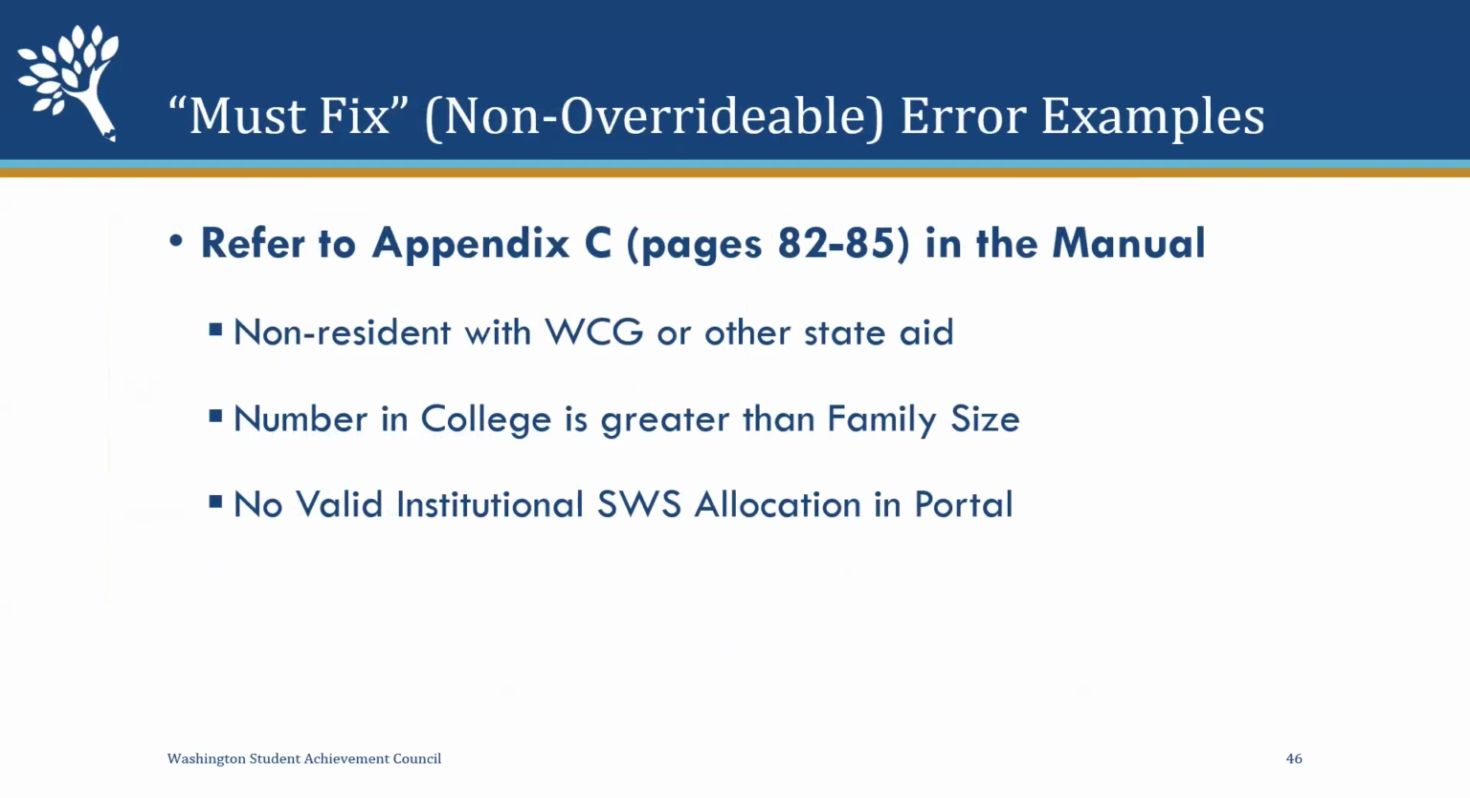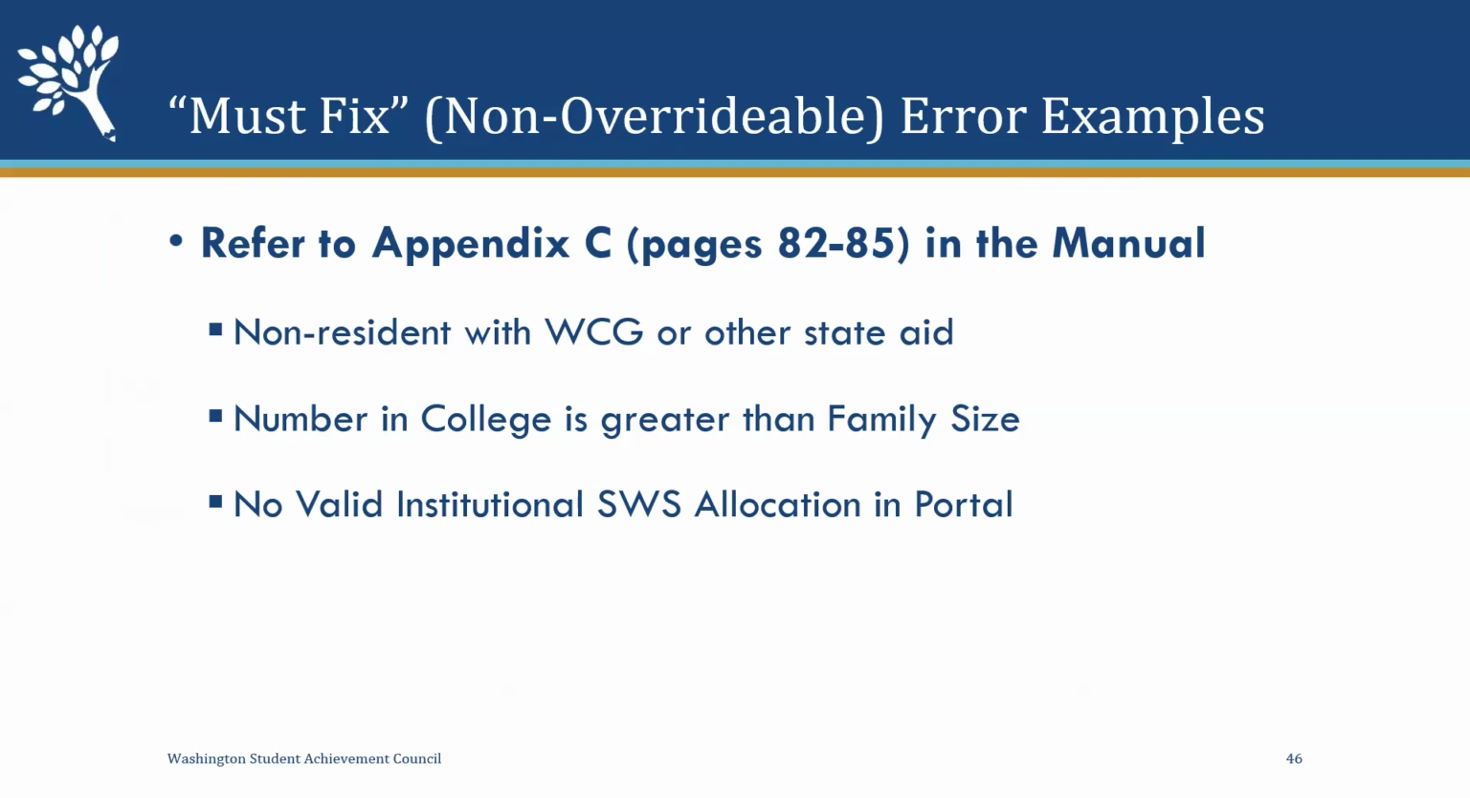There are non-overridable errors, and those are ones that must be fixed. Again, they're in Appendix C, pages 82 to 85 in the manual, but examples are non-resident, but they receive WCG or other state aid. Your number in college is greater than family size, or there's no valid institutional state work study allocation in the